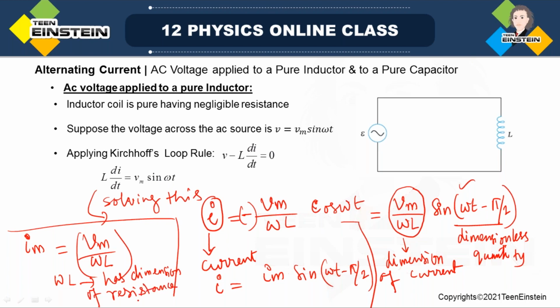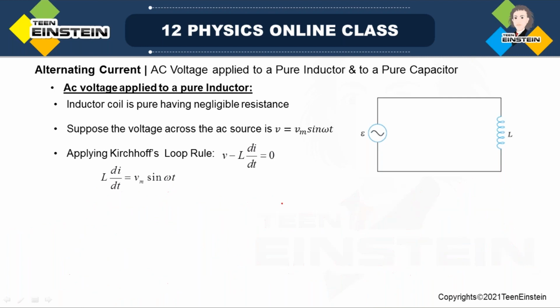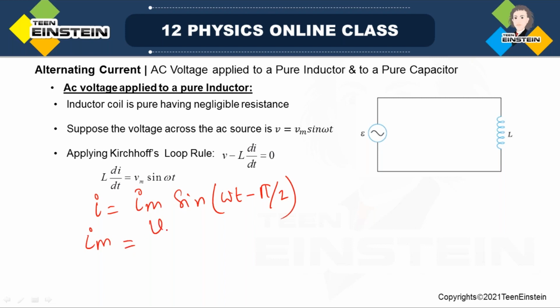This must be having dimension of resistance. That's how you will get V by R is equal to I. So that's why this omega L, I'll just clean everything and I'll write our outcomes. We have got I is equal to Im sin of omega t minus pi by 2. And we have written Im is equal to Vm by omega into L, where this omega into L is known